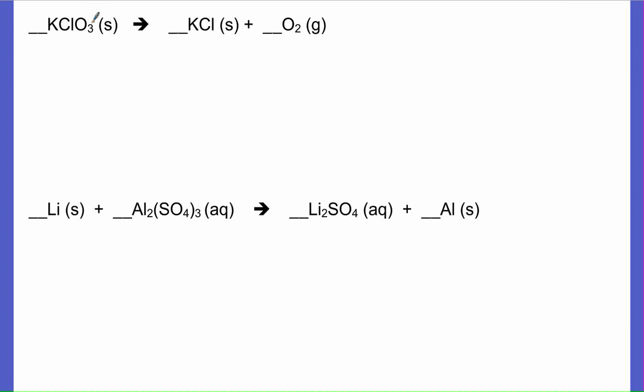Again, if I have three oxygens on the left and two oxygens on the right, I'm probably just going to multiply by the opposite to get a least common multiple of 6. And then I have 2 KCl, 2 potassiums, 2 chlorines on both sides. So this is balanced, but you also have to understand how to use a balanced equation. The reason why we balance an equation is if I told you you had 4 moles